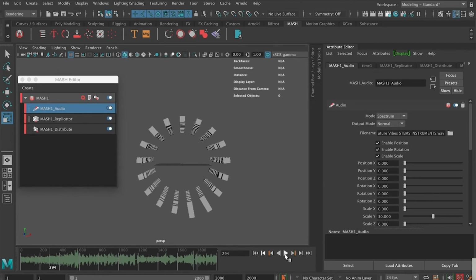So just be wary, when you try and change this as it's playing, it can have an effect on your computer, but mostly you can adjust the parameters as it's playing, so you can see it live update. So at the minute, all the action's happening on the scale Y. You can see it's just scaling the Y-axis on the cube. If I ramp that up,